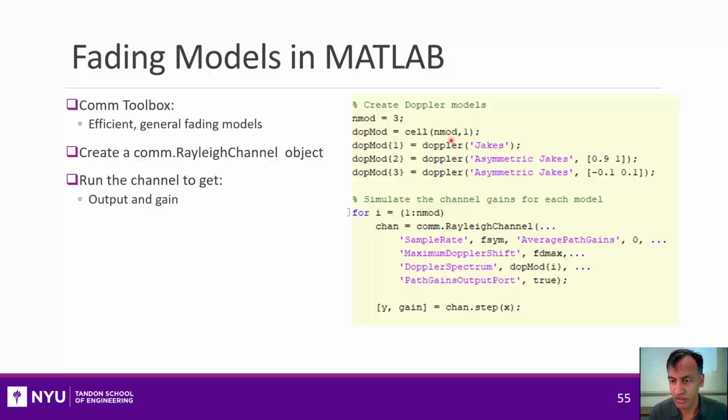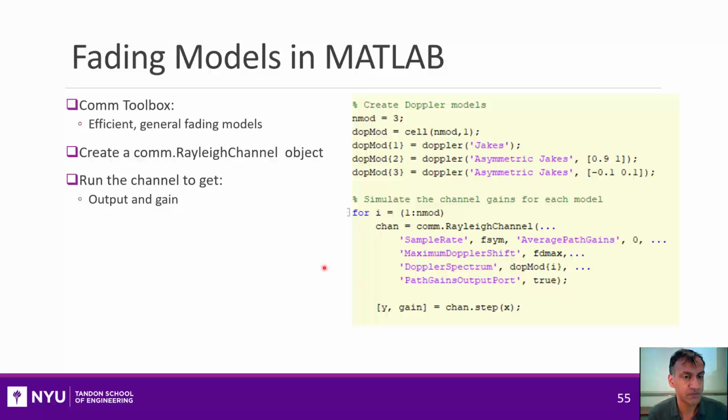What I've done is I created different Doppler models that I wanted to simulate, and you just call this Rayleigh channel object. You give it the sample rate, the maximum Doppler, and so on, and you can easily pass a signal through it, and it will give you the gain and the resulting